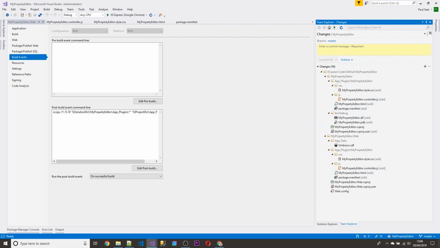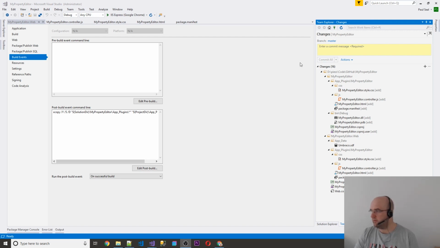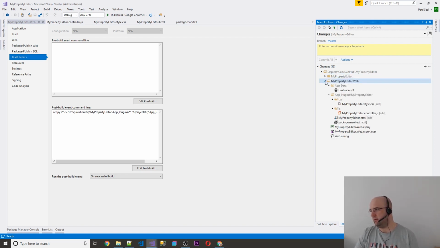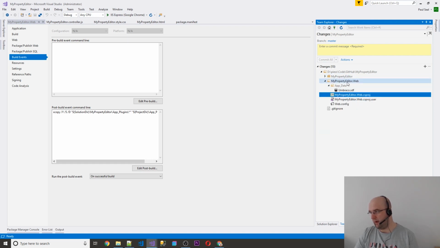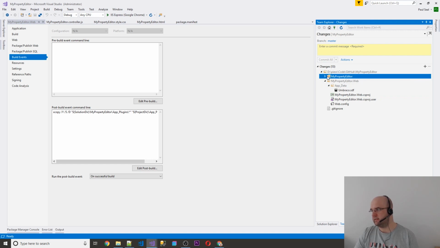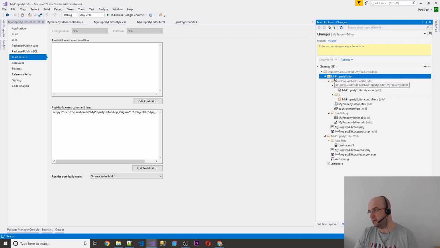So put my face back on, don't want you to miss me too much. So My Property Editor, this is the class library, this is the web project. In the web project I just want to go in here and ignore My Property Editor in the web one. In the class library, so basically the package that we're building, I want to keep that,